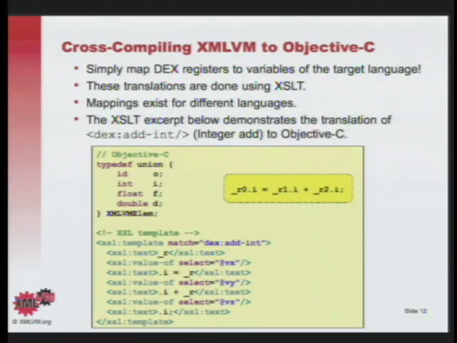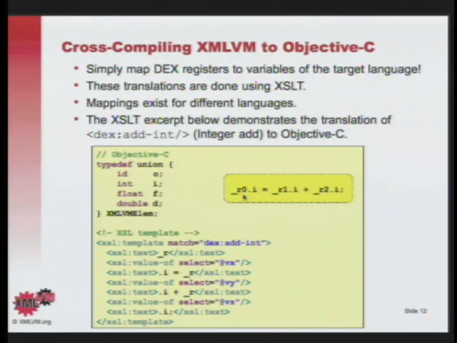code again. And what you see on the bottom here is now an XSL template that will always fire, it will always match whenever it comes across the add-int instruction that I explained on the previous slide. But then what happens is that whenever the XSL processor is coming across that add-int instruction, it is going to emit this code that I have here as children of this template. And basically the code that will be generated is what I have here in this little yellow box. So basically this one add-int instruction is going to result in this here, r1.i plus r2.i, and that is being